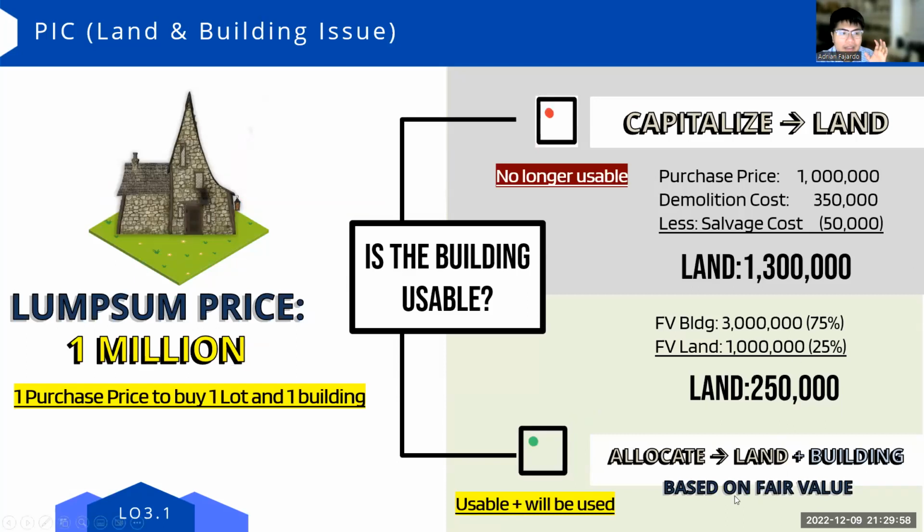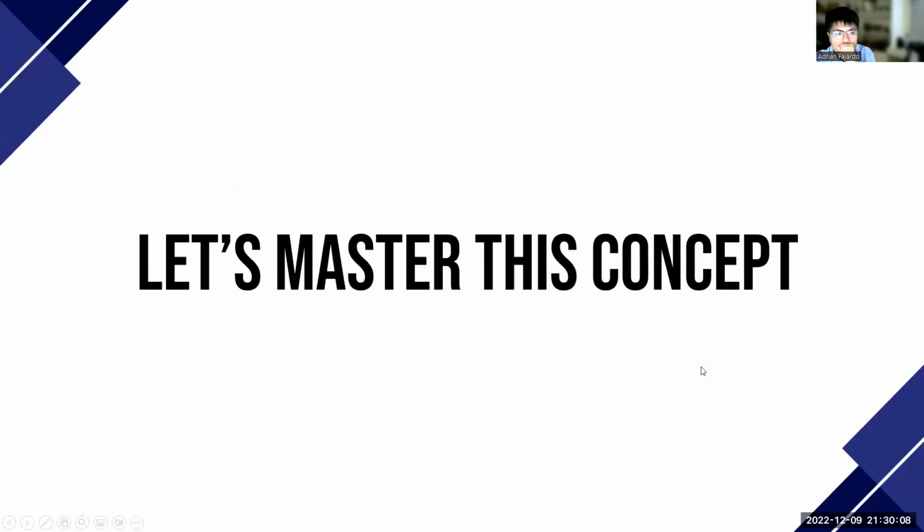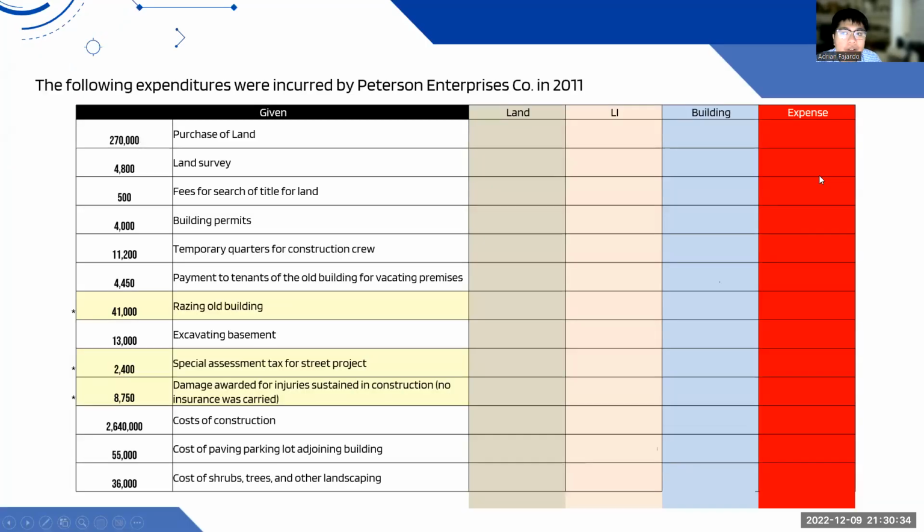So that was 10 full minutes of just literally parang speed running the concepts in terms of like classifying or the initial recognition of all of these PPE types. But like what I mentioned, basically, for you to master these concepts, the key here is to really answer a lot of exercises. And then from there, making sure na you learn from ano ba yung mga concepts na hindi kayo clear. Para pag lumabas siya in the future, in your quizzes, in practice, or even in exams, alam niyo na paano i-treat, right? So let's go to the first exercise, which is Peterson Enterprise.